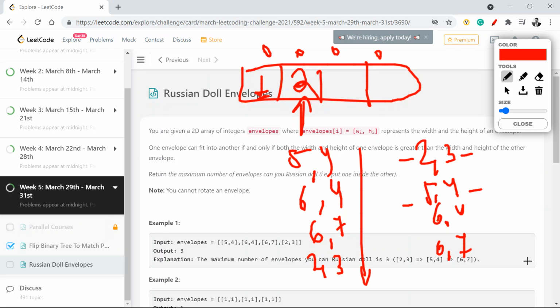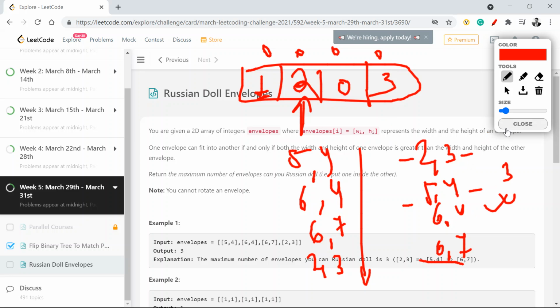So if I come to the next one, 6 is greater than 4. So in this case, my dp will remain as 0. But if I look at this one, 6 comma 7 and 6 comma 4, in this case, what will happen is it will again be set to 2 plus 1, which is equal to 3. So the overall return value, which is the maximum, is 3. That's the intention which we are looking at here.